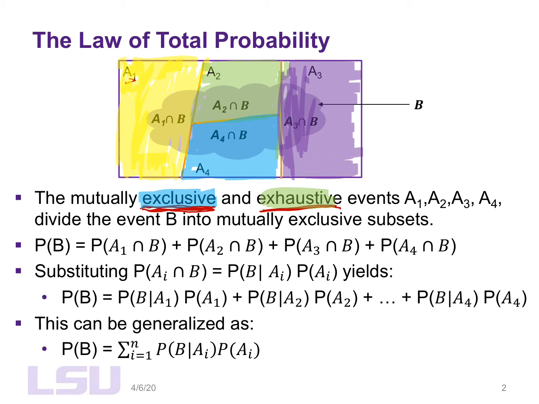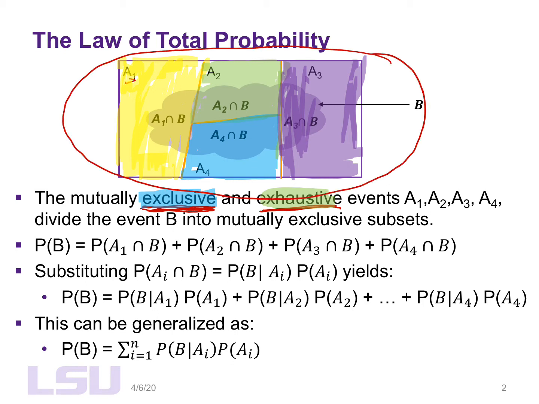What does it mean to be exhaustive? Well, if you add up all the parts I've just highlighted, it basically makes up the entire sample space. That's it being exhaustive. So all of the A sub i's, which is A1, 2, 3, 4, cover the entire sample space, so it is exhaustive. So whenever you have both exclusivity and the fact that it is exhaustive, it divides